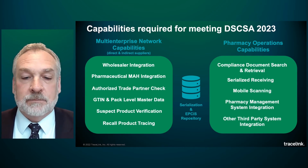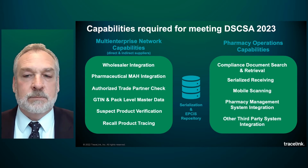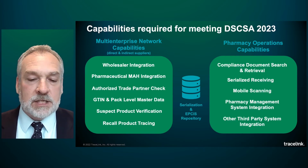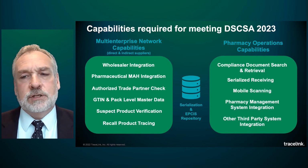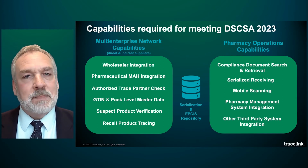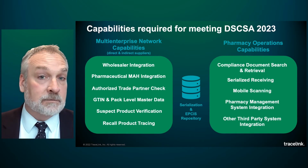These capabilities are in addition to what we have to do inside the virtual four walls of the pharmacy. We obviously need a serialization and EPCIS repository that's going to be able to maintain the amounts of information that will be introduced with serialization, and not just store it, but be able to combine it with the compliance documentation, make it searchable, retrievable, in the event that I have to produce it as part of an audit